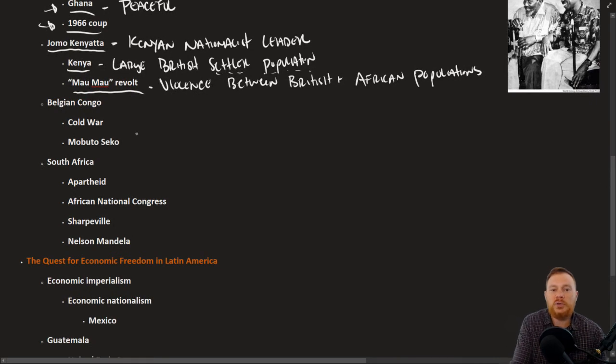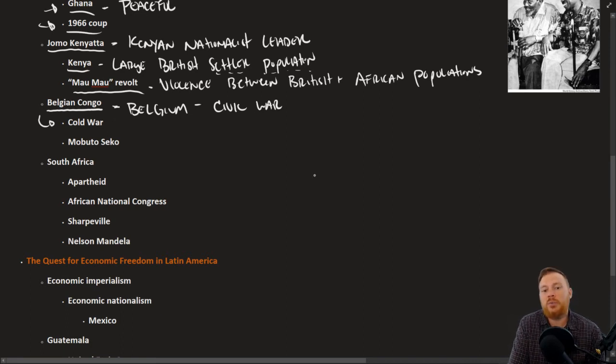The case of Congo probably illustrates how decolonization was most closely tied to the Cold War. Congo was a Belgian colony. Belgium gave up that colony, but then Congo turned into essentially a civil war. The various factions within Congo were fighting for power, and they got support from the Cold War powers. So in Congo, there was Soviet and Western influence.